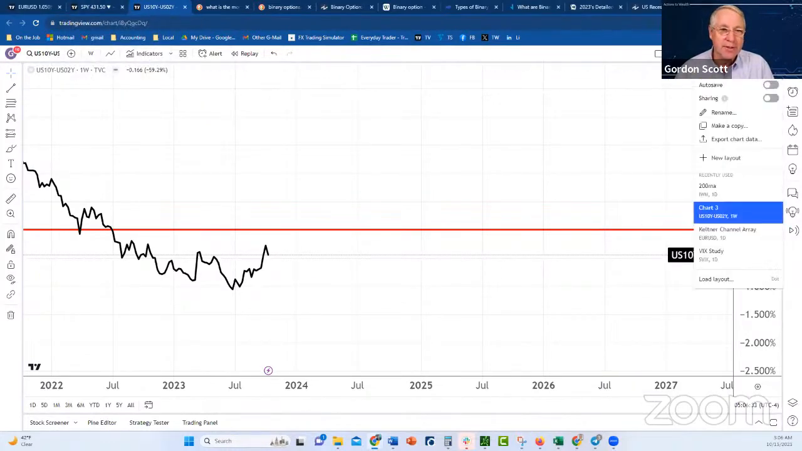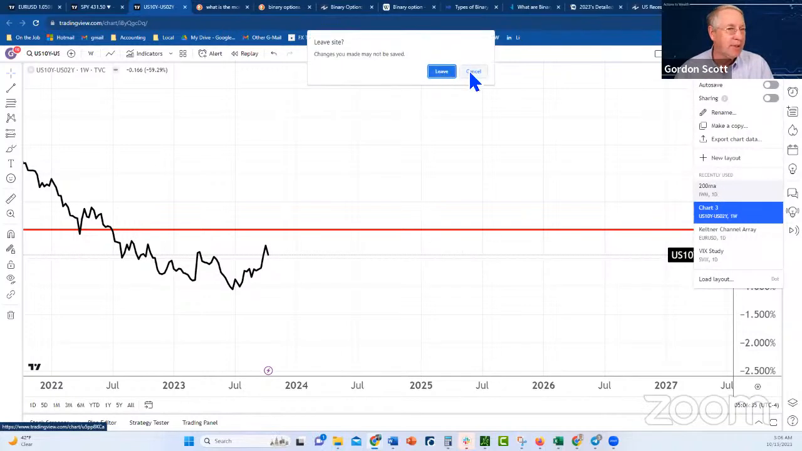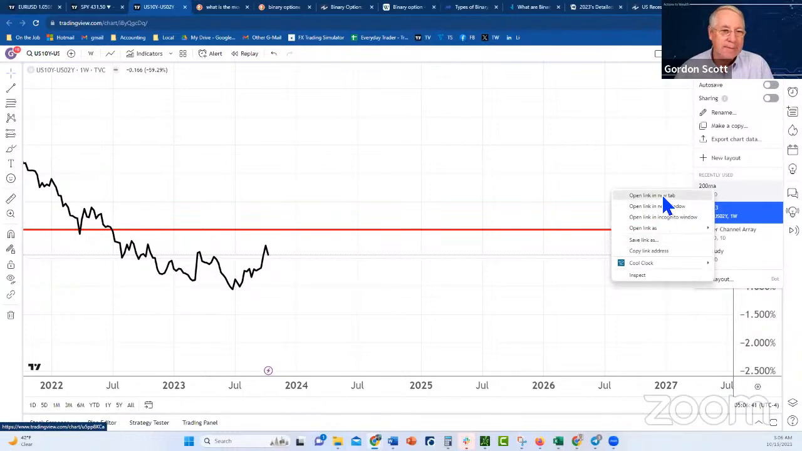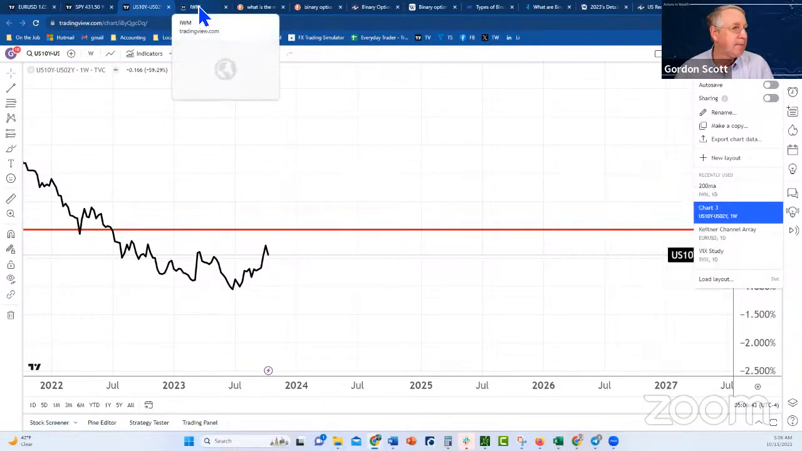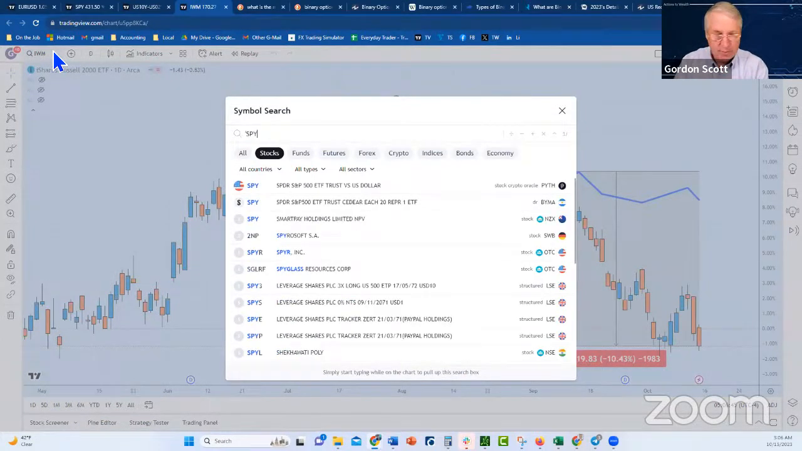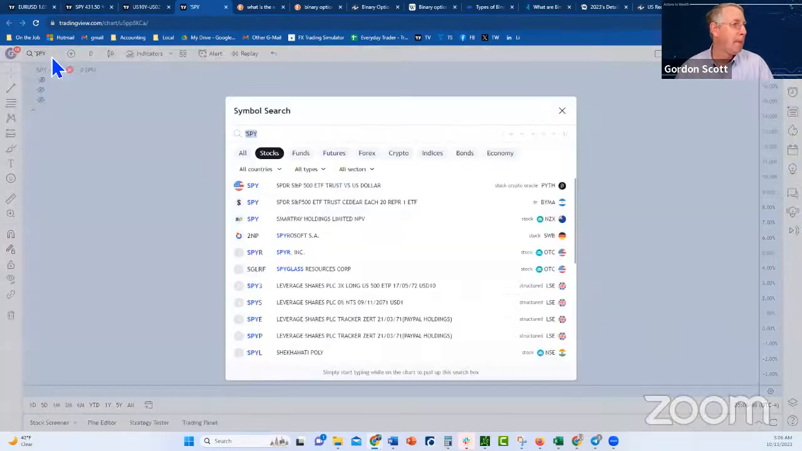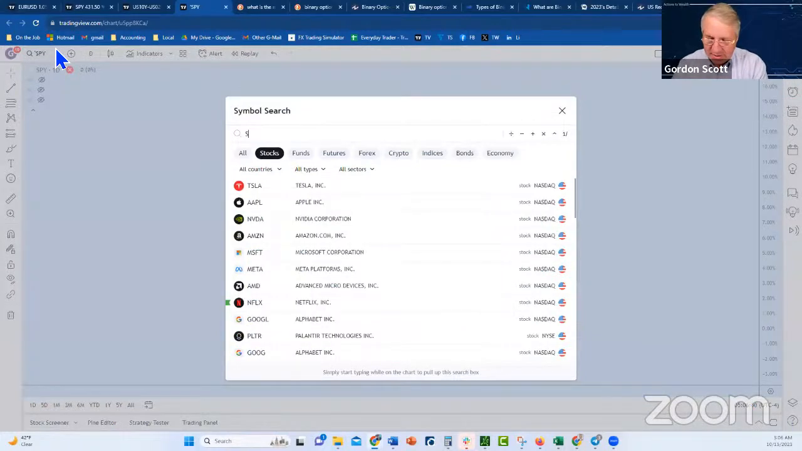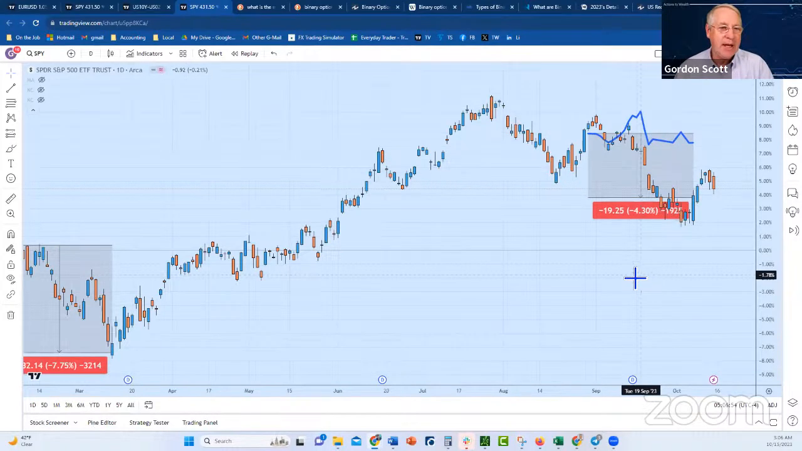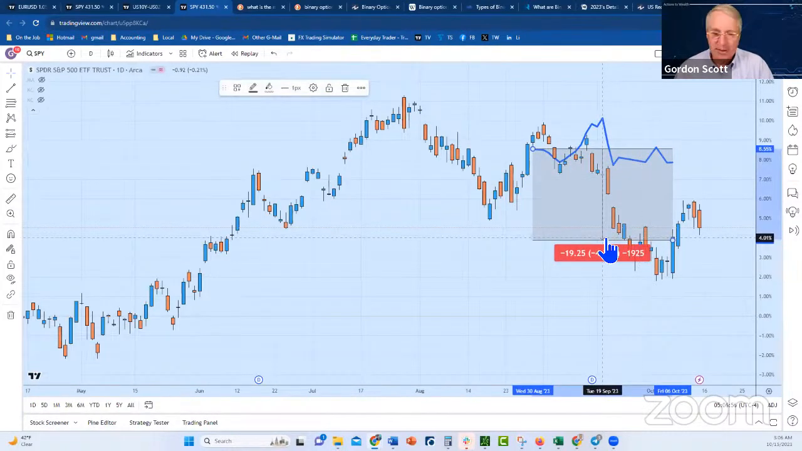Drat, looks like I closed that chart. Let me just open up this chart really quick and do it this way. There we go. And show you that the chart, the S&P 500 right now is actually looking pretty